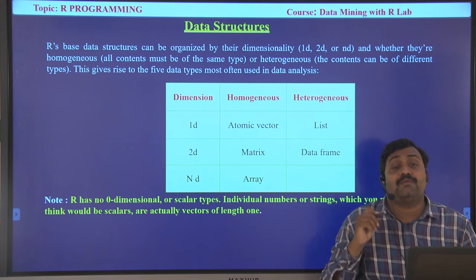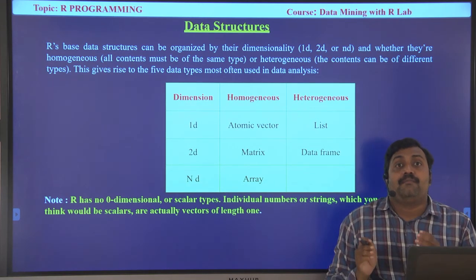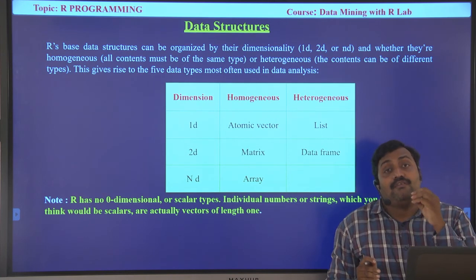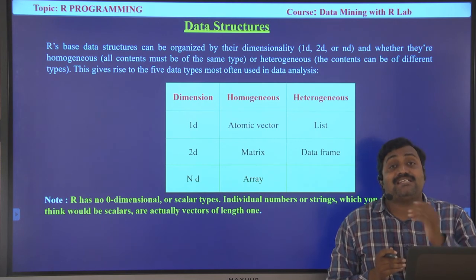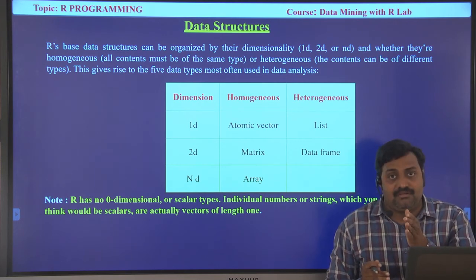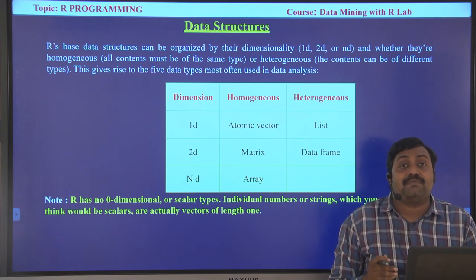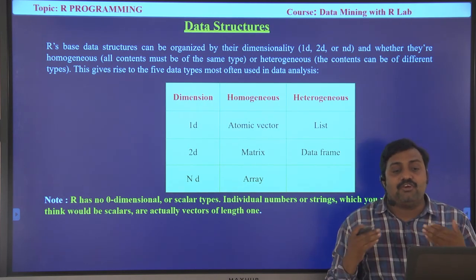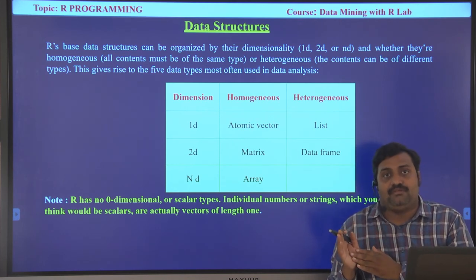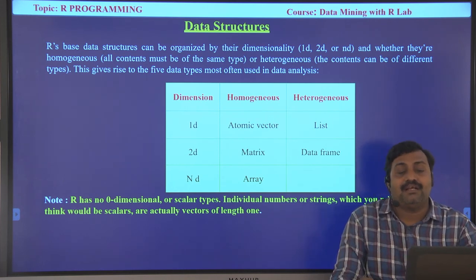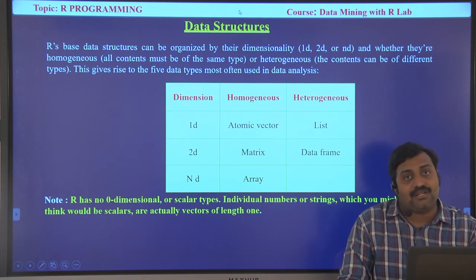Okay, and we have to remember one point. A zero-dimensional object or data structure is not available in R. By default, whenever we save any value in an object, it has a length of 1, and all are considered the basic type, the vector type. That means whatever value you create will be a vector of length 1 in R. Okay, let's see a practical implementation of these things now in RStudio.